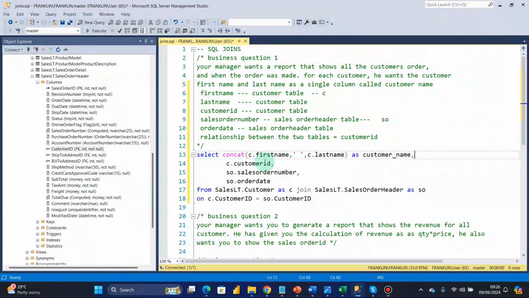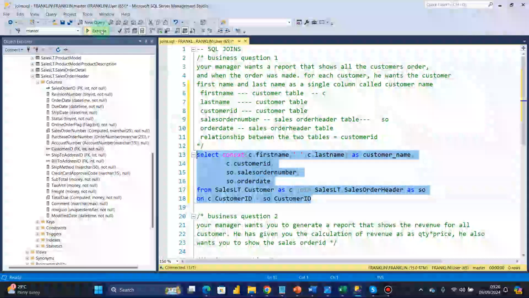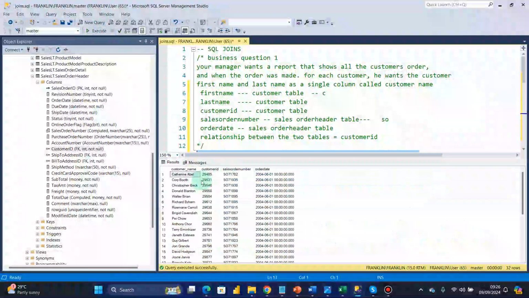All right, great. Now, having done this, I can run the entire thing here and execute. And I now have data from two different